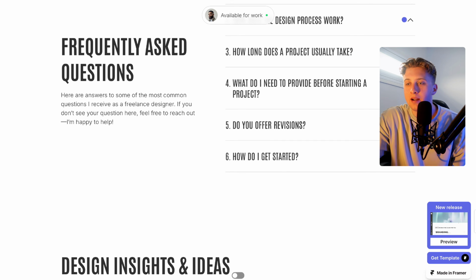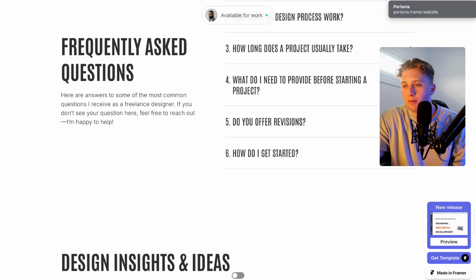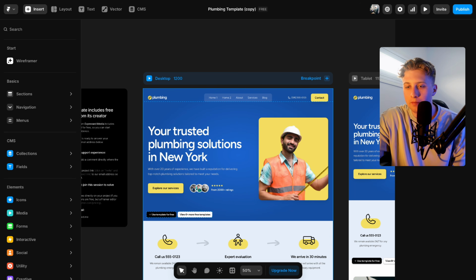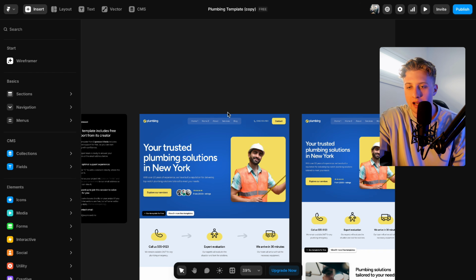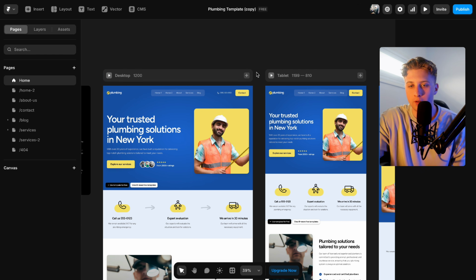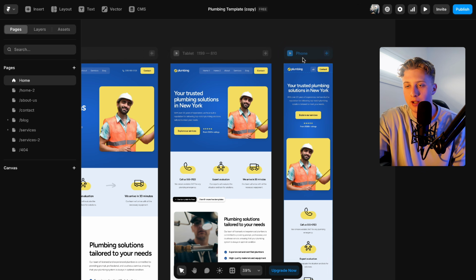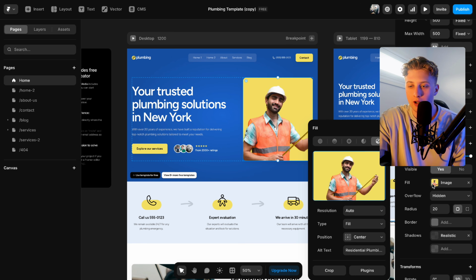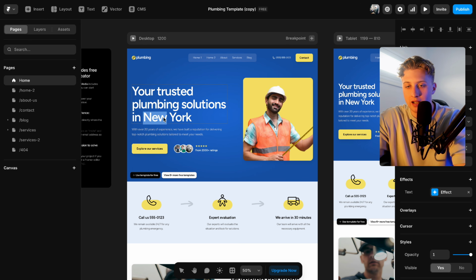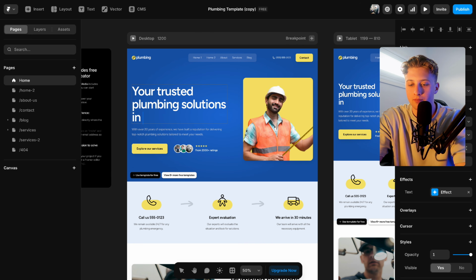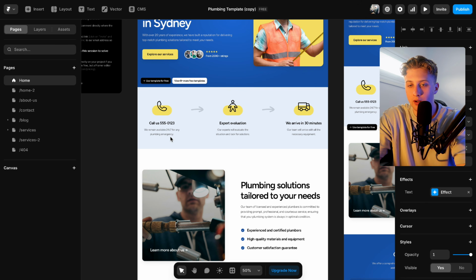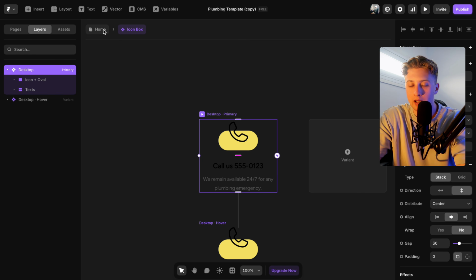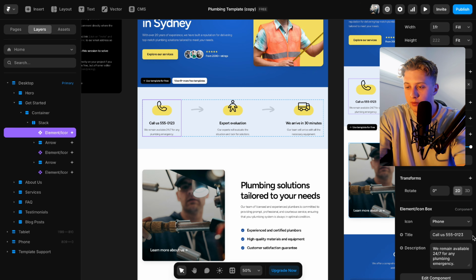Now, the Framer editor is not as beginner friendly, but in terms of doing the mock-up, see, it opens up in your editor here. Now, it's not going to be a full-on boring tutorial, but you've got your desktop, your laptop, and your mobile view. If you want to change a picture, it's as simple as clicking and uploading a new picture. If you want to change the location, we can just put in Sydney, wherever. We can change the logo, we can change the number in here. So I'll just go in here and change whatever the number is.